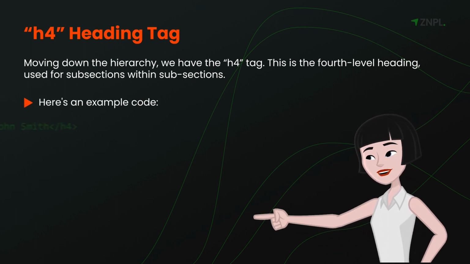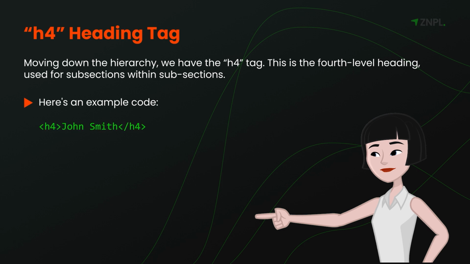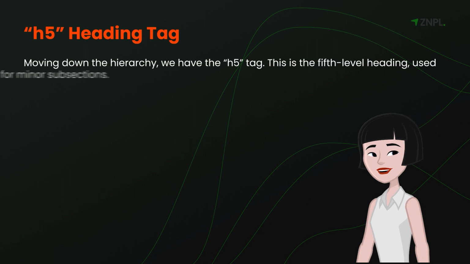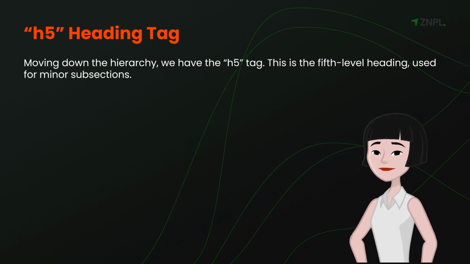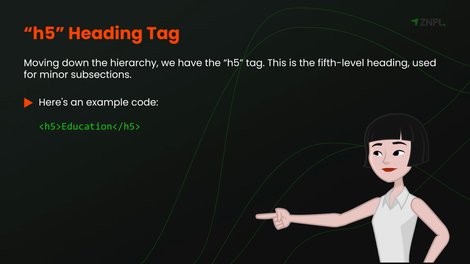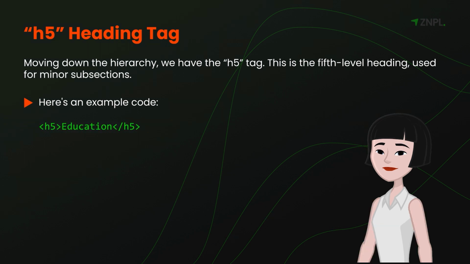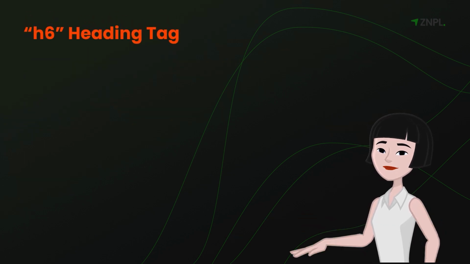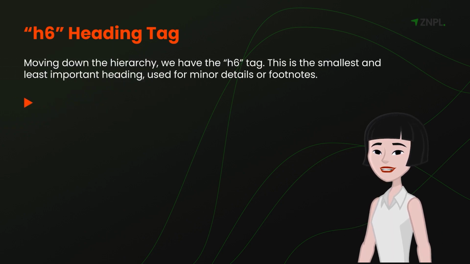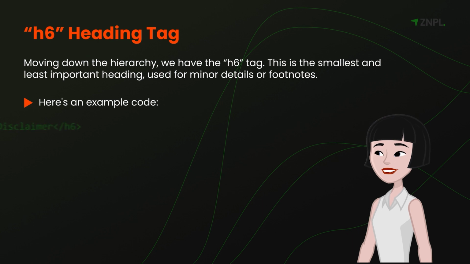For example, H5 heading tag. This is the fifth level heading, used for minor subsections. For example, H6 heading tag. This is the smallest and least important heading, used for minor details or footnotes. For example,